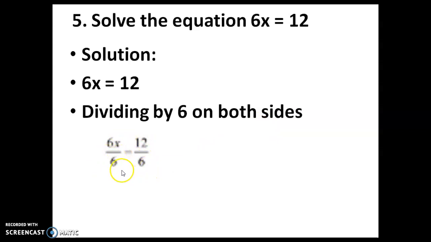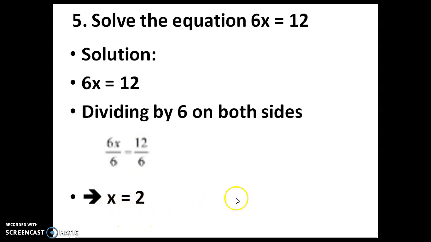I already told in the previous video, the equation has to be balanced. Whatever you do, either it is addition or subtraction, it has to be done on both the sides of the equal to. That is called balancing of equation. You can't simply do it on one side alone. You have to do it on both sides. So you are going to divide by 6 on both sides. So 6 will get cancelled here. So x is equal to 12 by 6. That is 2. x is equal to 2.